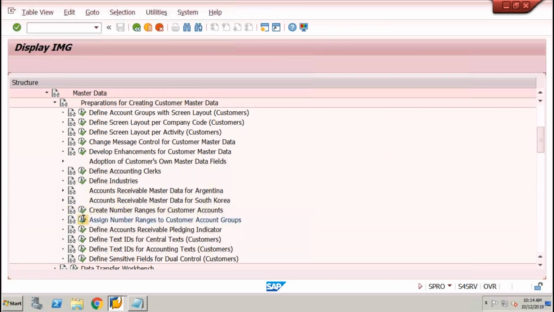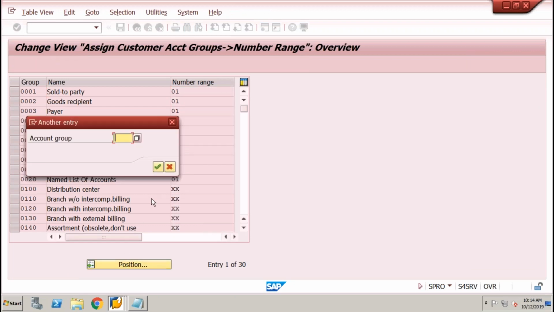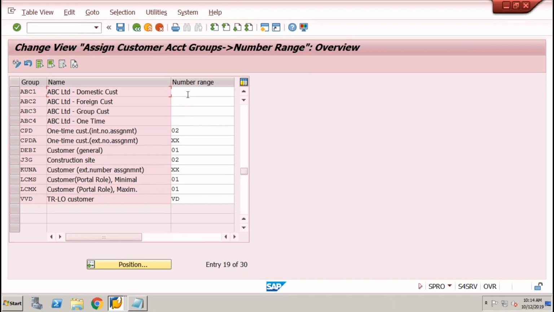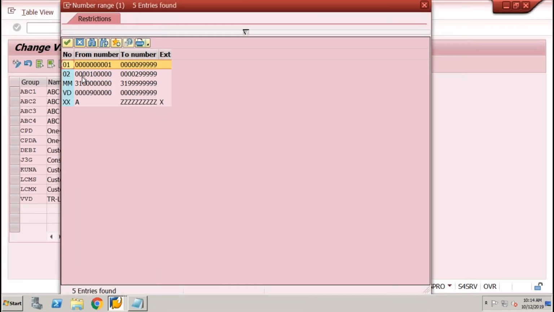So what you can do here is, you just come here, select your groupings that we created. So ABC1. All four are not assigned to the number ranges. What we can simply do is, we can assign different number ranges here. So 01, 02, MM, VD, XX, these are the number ranges which are available. I can assign the same 01 to all, or I can assign 01, 02 to other different groupings. Okay, but one more thing to check here is,